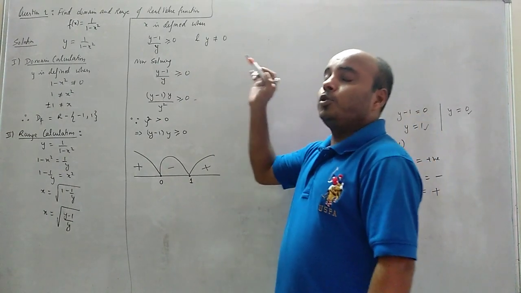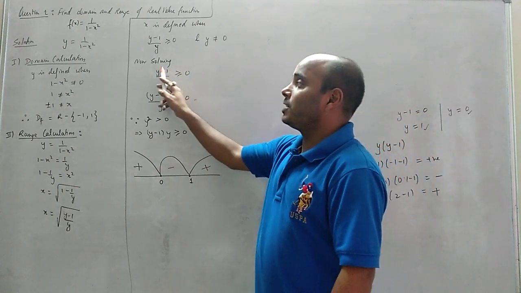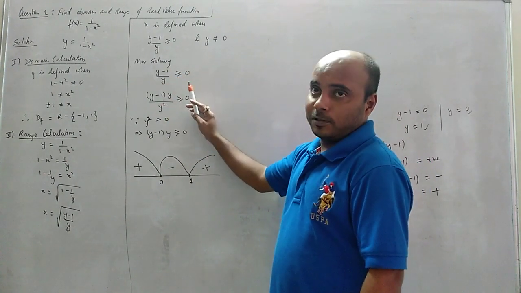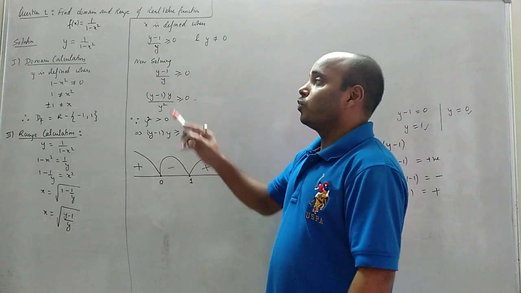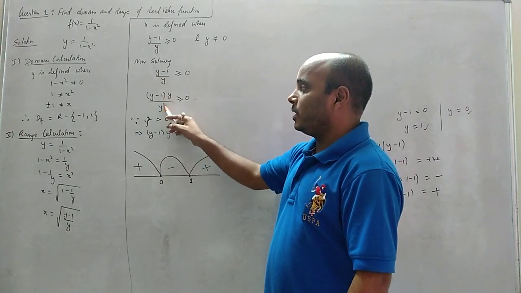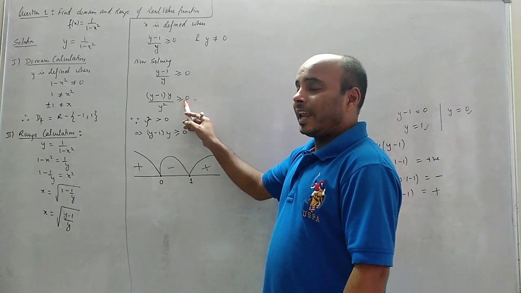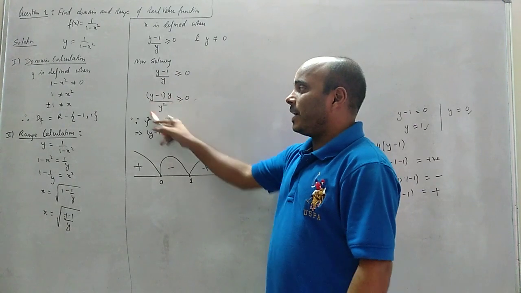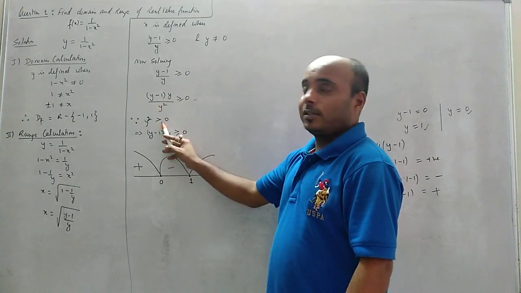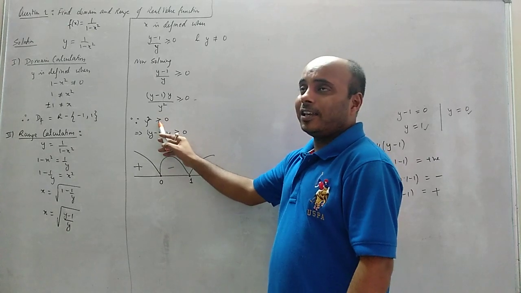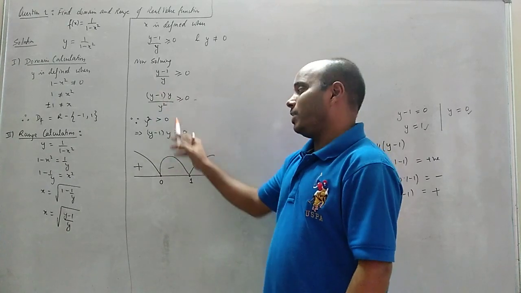So first, what are the new things you have understood? If it is an inequality and you have a variable in the denominator, you cannot shift it. So how do we do those questions? We make the denominator a whole square. Then we think: something by something is positive. It can happen in two cases: either both are positive or both are negative. Here in my case, the denominator is already positive. That means the numerator will also be positive. Just here we will not put equals to 0, because if we do, it becomes infinity. Here we can put it.